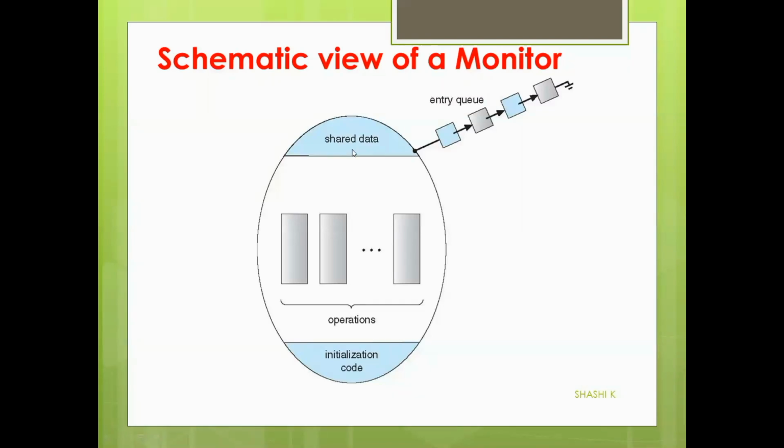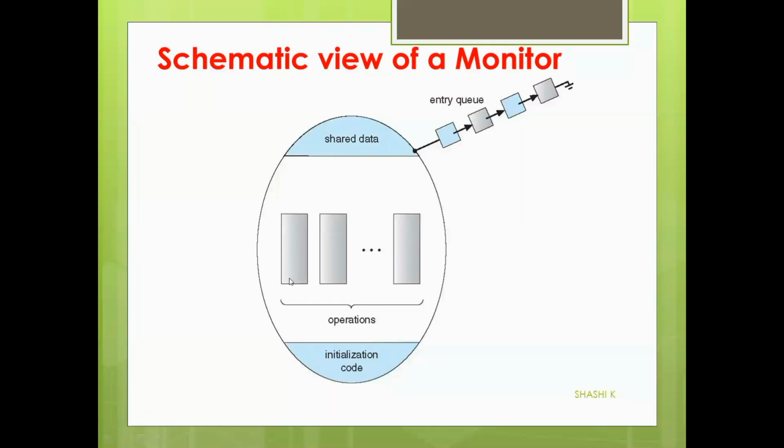And here you can see how it differs from the concept of a semaphore. In semaphore, we have one variable, and to access that shared data, we have the wait operation and the signal operation. But in a monitor, we put all the shared data inside the monitor, and if any process wants to access the shared data, it has to come inside the monitor and access it only by using the procedure.